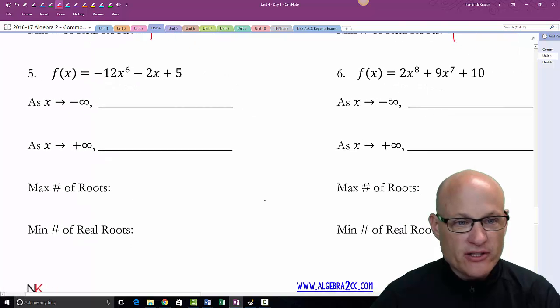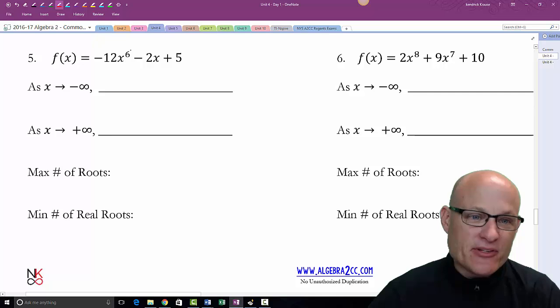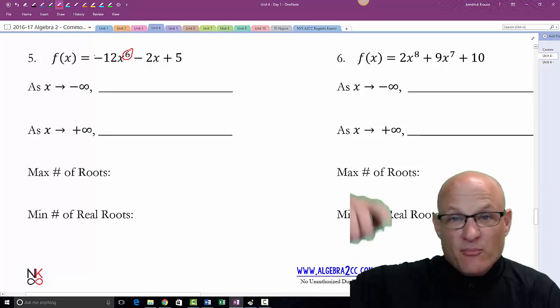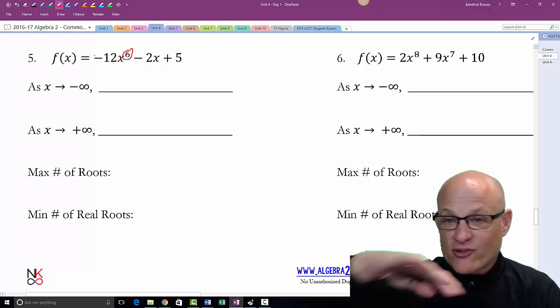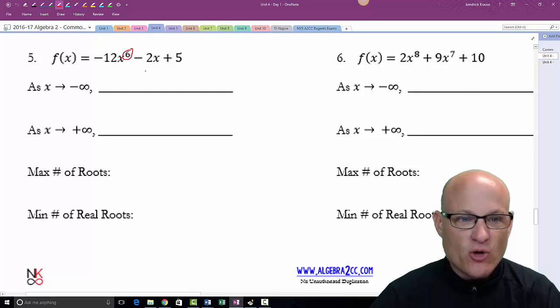We'll talk about these. These are a little bit different. So this is an even function. Anytime it's an even function, my brain goes back to, okay, it's got the general shape of a parabola with maybe a few extra wiggles. Bumps, relative mins, relative maxes. Those bumps are called relative mins and relative maxes. So this is a 6th-degree polynomial. And it's got a negative leading coefficient, so I know it's pointing down because it's negative.